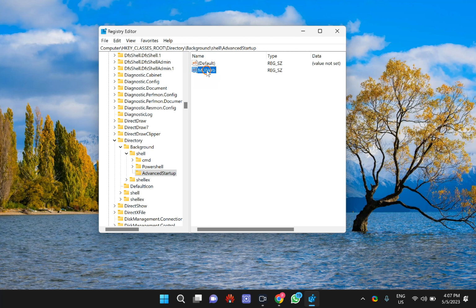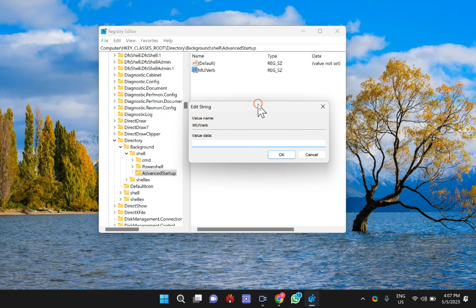Then double click on MUIVerb and name it whatever you want to see in the context menu, such as boot to advanced startup options. Then click on the OK button.